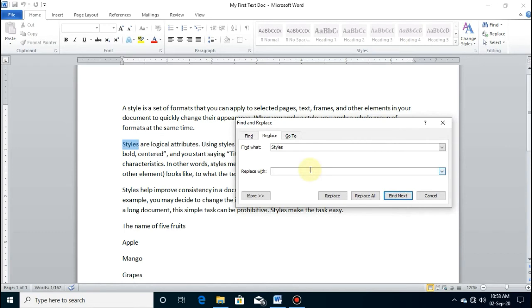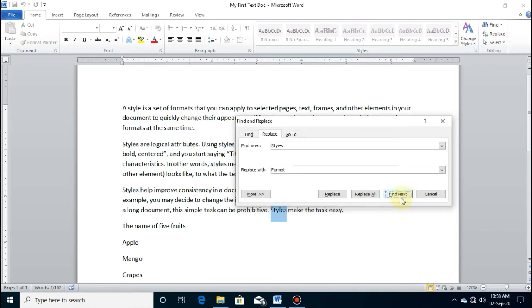Then write the word which we want to give in our document. So here I am going to change the word "styles" with "format". So here 4 times "styles" word appears in the document.